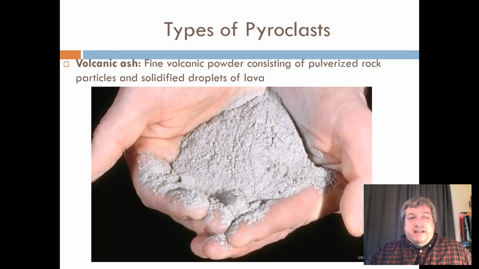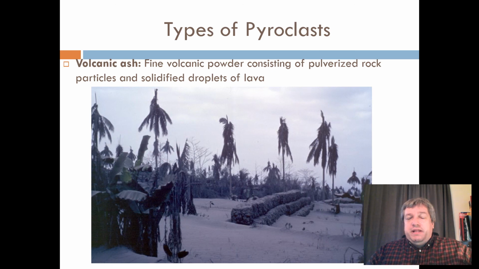Right. Pyroclasts. So pyroclasts are things that are not liquid rock or gas. So a good example is ash. And ash is just all of the volcanic material like rocks that when the volcano explodes, it just pulverizes it to the point where it feels like flour. It's so fine, it's like dust. It's actually rocks that have been blown apart by the volcano. And when it gets up into the atmosphere, it eventually comes down. It looks like snow. This is actually ash from a volcanic eruption in the tropics. And it looks pretty, but sometimes these ash flows can be 3, 4, 5, 6 feet deep and bury towns.